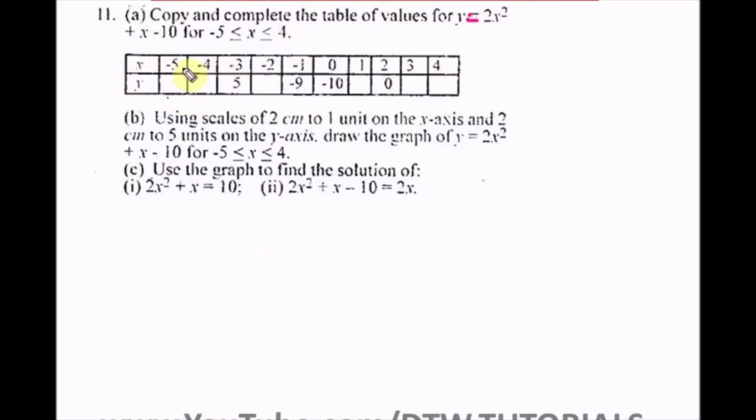So we're going to solve this out. We're going to put in the values of x into this equation to get different values of y, from x as minus 5 to 4. Okay, we have to solve this out. It carries a mark. And we'll definitely go to our graph,